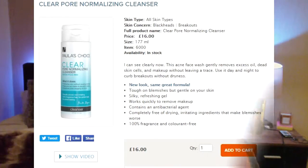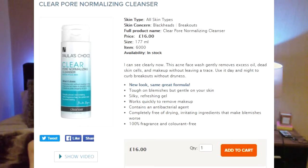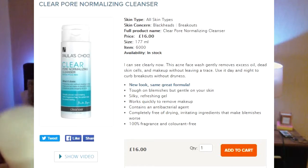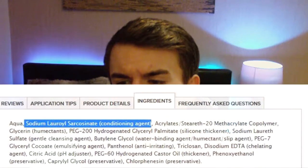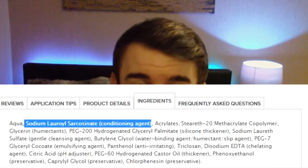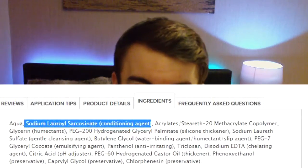So this is the Clear range. They've got many ranges on the website, and this was £16. The Clear Pore Normalizing Cleanser, for blemish prone skin, clinically proven non-irritating. Another thing that drew me to this as well was the fact that it's sodium lauryl sarcosinate, I think it's called, and basically what it is, I think most products have sodium lauryl sulfate in them,